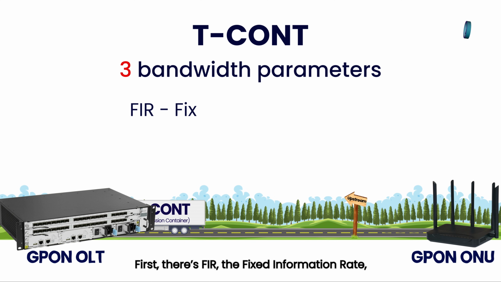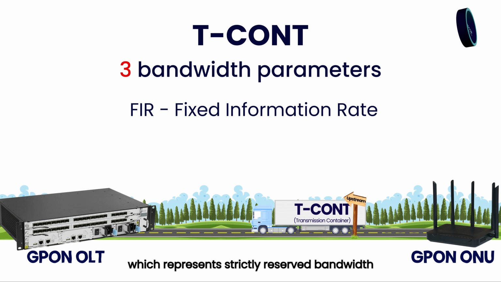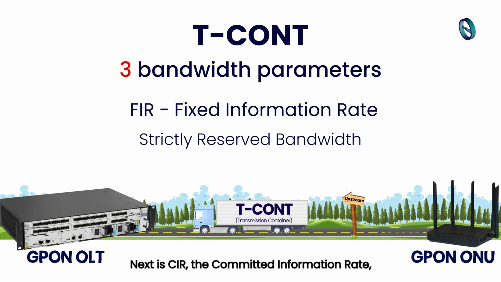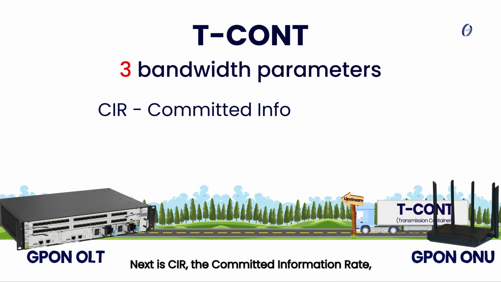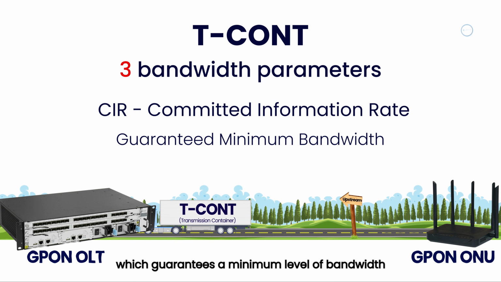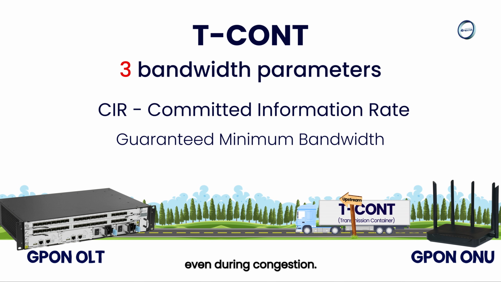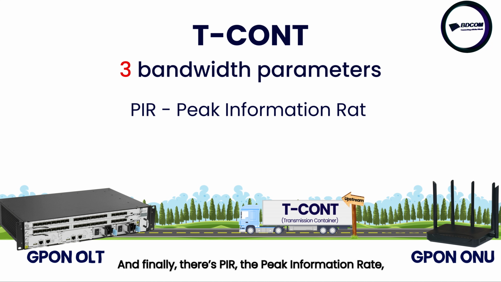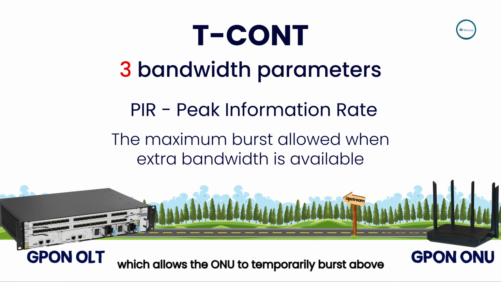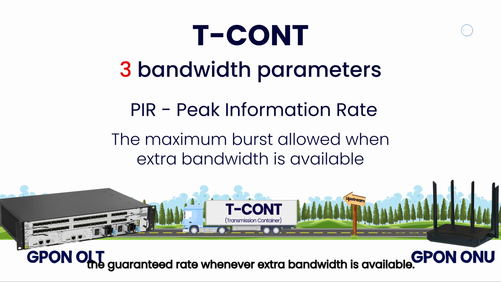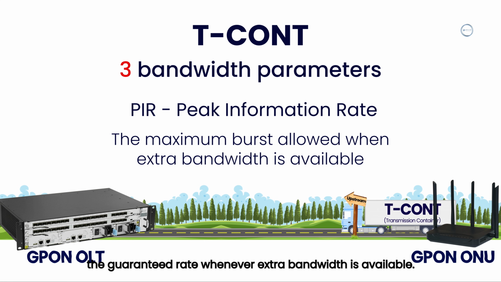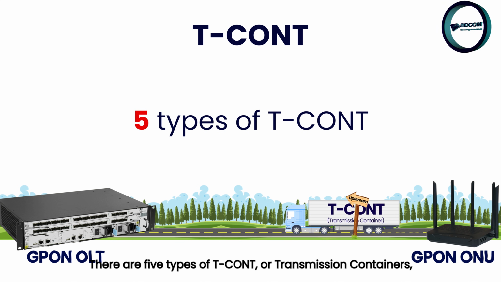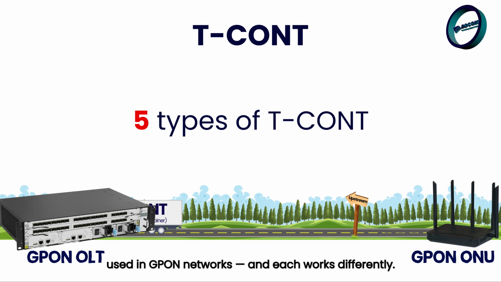First, there's FIR, the fixed information rate, which represents strictly reserved bandwidth that the ONU can always use. Next is CIR, the committed information rate, which guarantees a minimum level of bandwidth even during congestion. And finally, there's PIR, the peak information rate, which allows the ONU to temporarily burst above the guaranteed rate whenever extra bandwidth is available. There are 5 types of T-CONT, or transmission containers, used in GPON networks, and each works